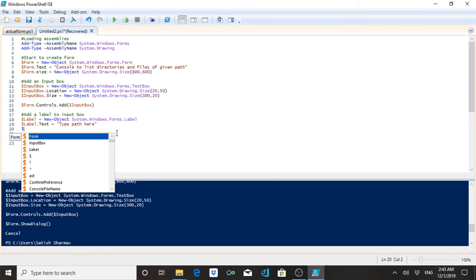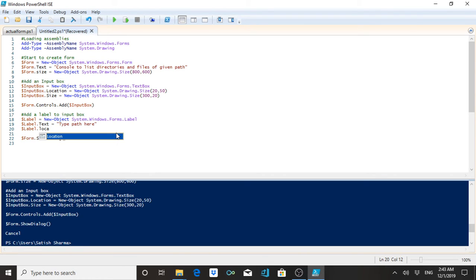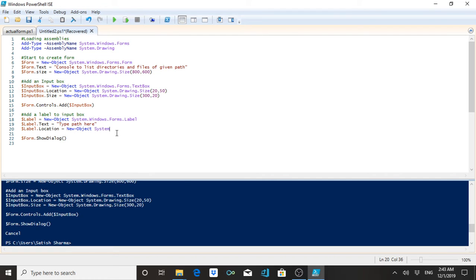Now you have to give the location where this label will be in the Windows form. Now since we have to give the location, we will be using again this new object. Since it is location, then System.Drawing.Size, and we are going to give it 20, 30. Now